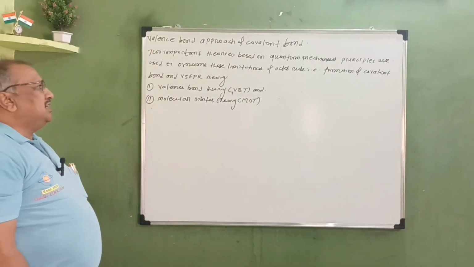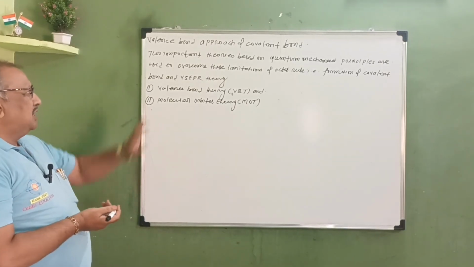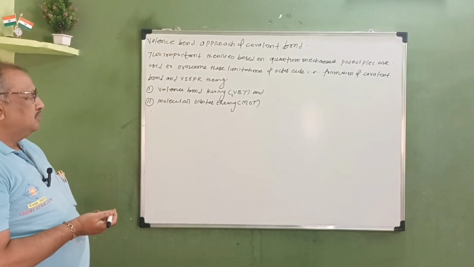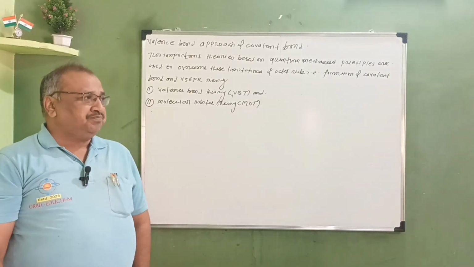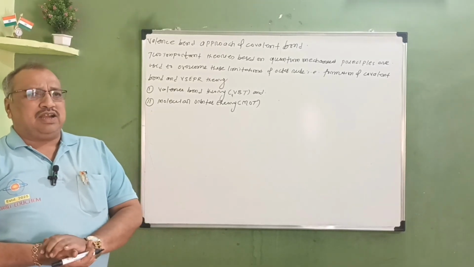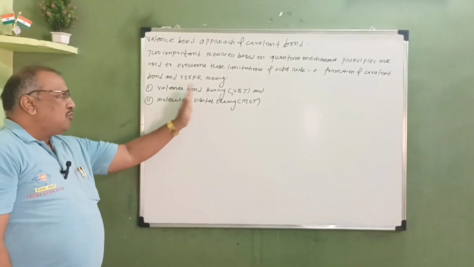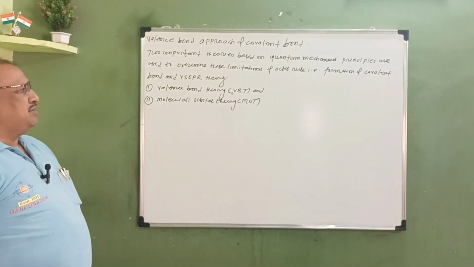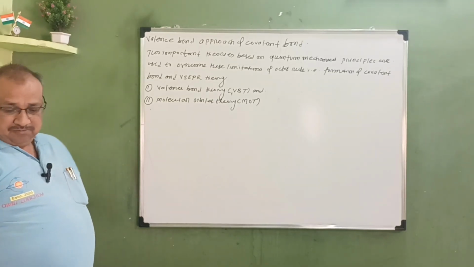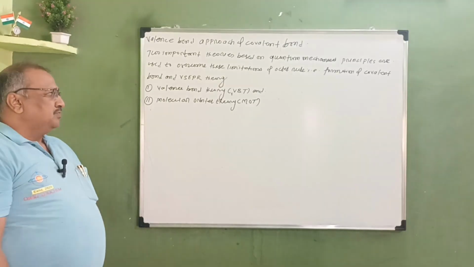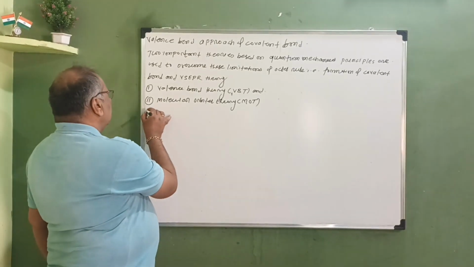Two important theories based on quantum mechanical principle are used to overcome the limitations of octet rule. That is formation of covalent bond and VSEPR theory. These two important theories are valence bond theory, which is also called as VBT, and the second theory is molecular orbital theory, which is also called as MOT. Now first we'll discuss valence bond theory,